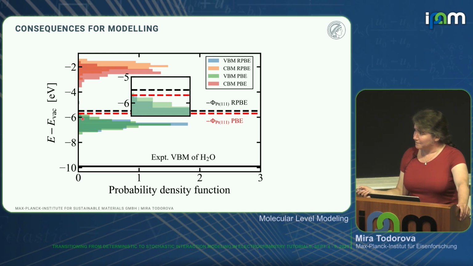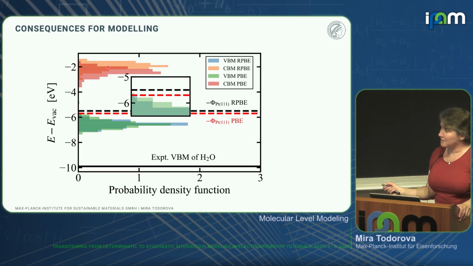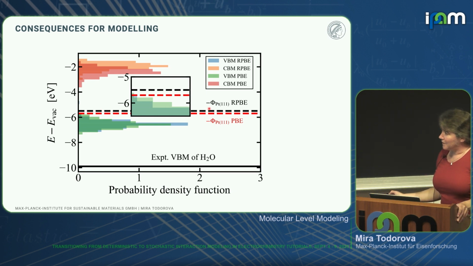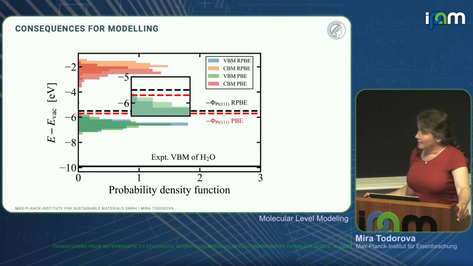the valence band maximum distribution and conduction band minimum distribution of platinum 111 in contact with water. This is the water, and this is the Fermi energy of the platinum 111 surface. When you look, the PBE results are the green ones, enhanced a bit. You see that there is an overlap between the Fermi energy of the metal and the valence band of water,